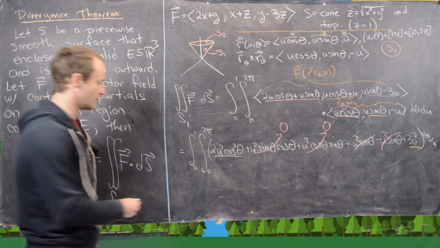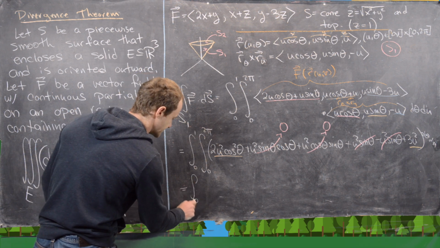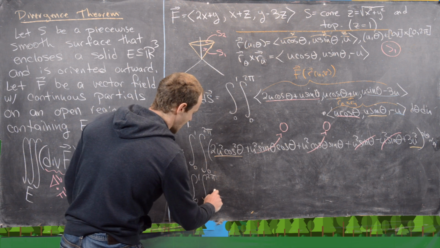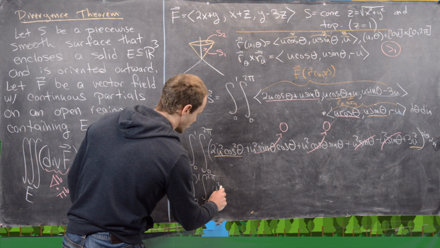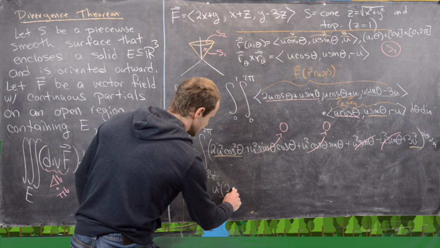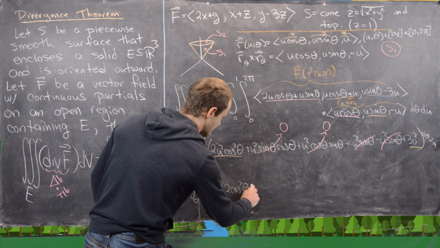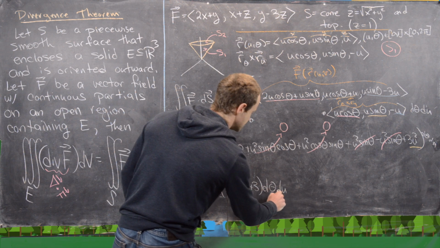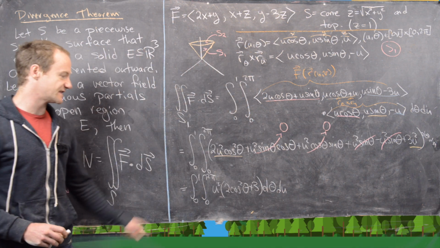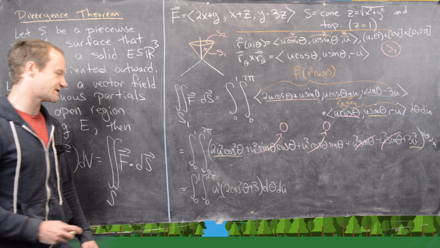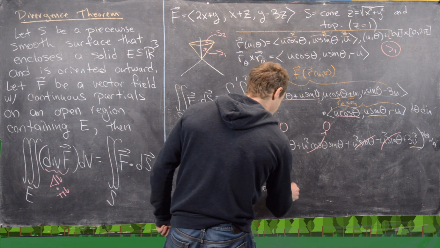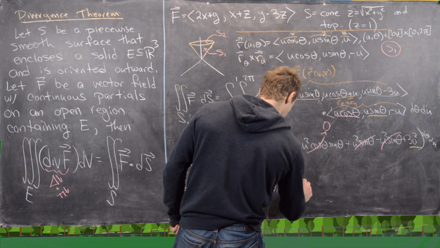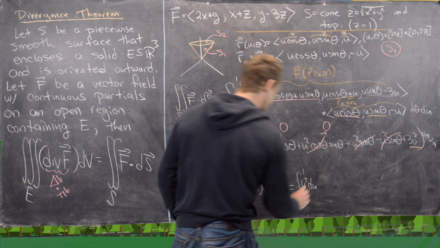So I'm going to go ahead and write that. Here we have the integral from 0 to 1, the integral from 0 to 2 pi, and now I'm going to factor a u squared out of those, so we have u squared times 2 cosine squared theta plus 3, and then d theta du. But now notice that this is a function of u times a function of theta, so I can factor the integrals. This is going to be the integral from 0 to 1 of u squared du